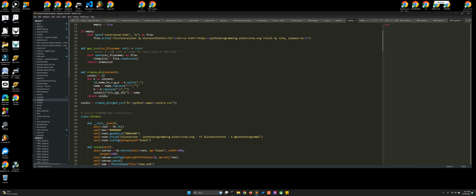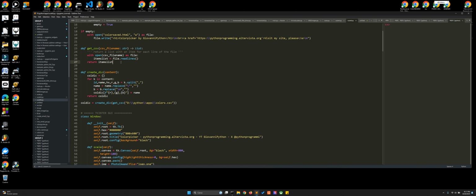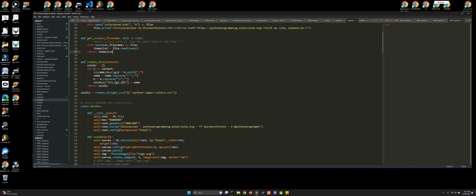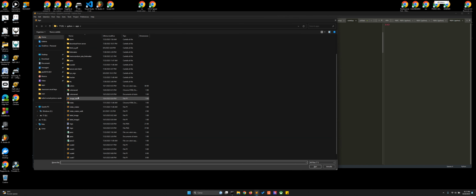And then we have here the get CSV. This is for the names of the colors that already exist. And we've got the names in this file that is called, let me see, colors.csv. It's a comma-separated value file. And so colors, this one,